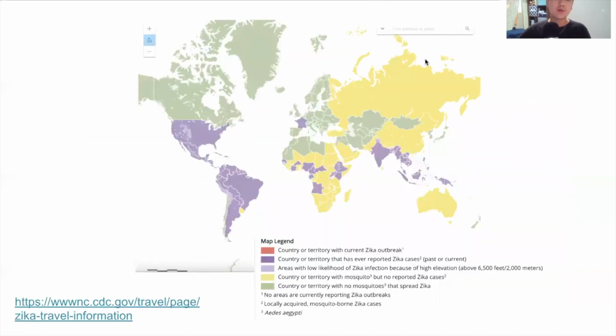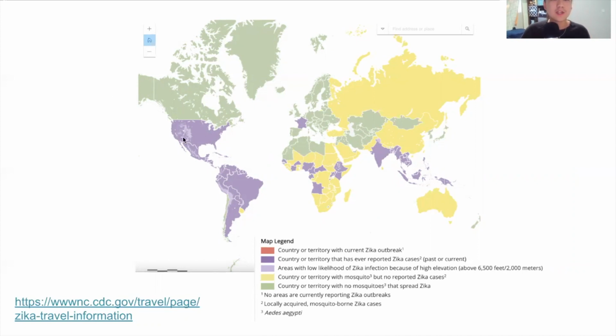Here's a world map from the CDC. It's published on their website, and it's color coded for every region. It tells you which regions have been infected with Zika virus and if they are currently experiencing a Zika virus outbreak, which thankfully no countries are experiencing yet.